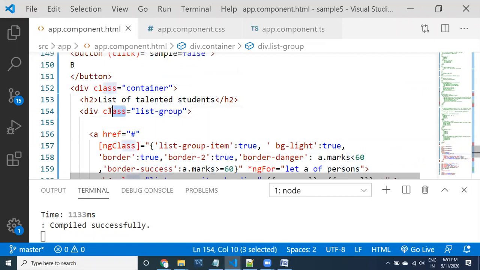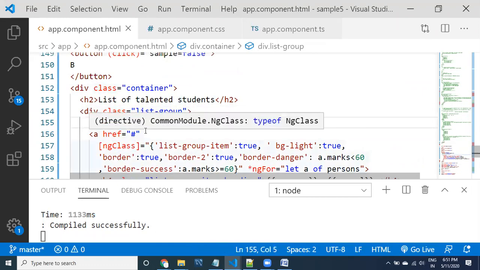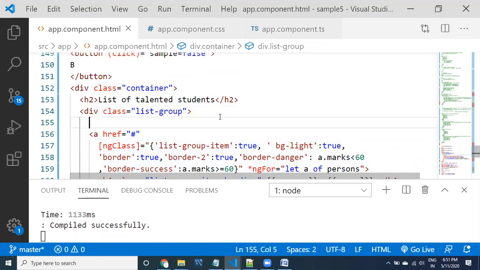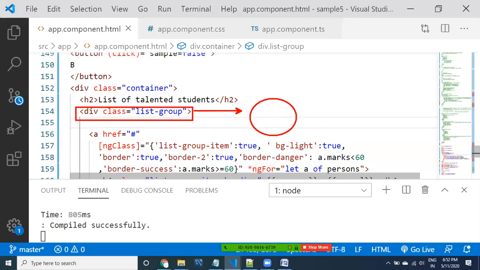I'm talking only about HTML and the browser, not any Angular things. I'm talking about what happens internally with the browser and DOM object. This element is going to get converted into a DOM object.